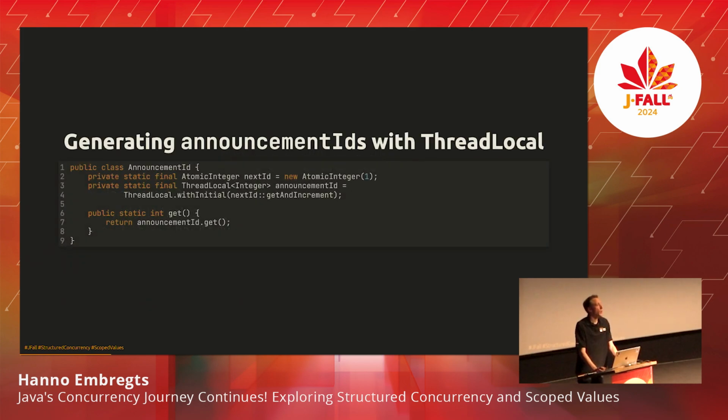Okay, well, as you have noticed, my example code is about courses and announcing them by waiters. So let's create an announcement ID and have it be unique for every announcement that we make. Then we could create an announcement ID class like this one, get the thread local, and each time this code is accessed, the first thread that accesses this code will get the value 1, and then the next thread that accesses it will get the value 2, and the value 3, and so on. So that's how that works.